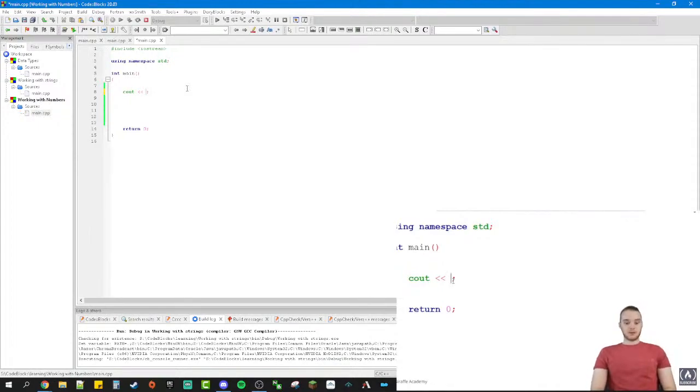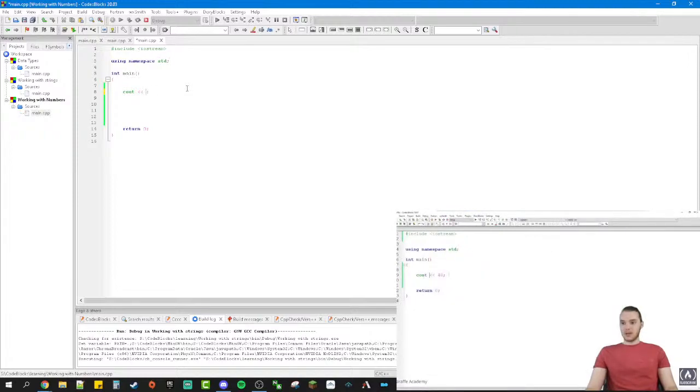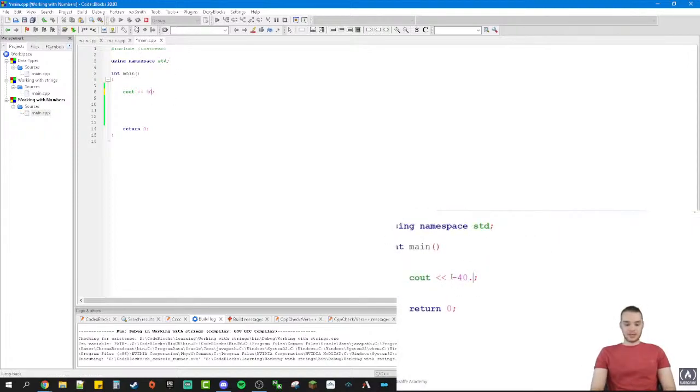But the basics of using numbers is you just type them out. So if I wanted to, for example, print out the number 40, you see I have a cout here, I can just type it in and we can print it out, we can work with it. In addition to positive numbers, we could use negative numbers. If I wanted, I can make this a decimal. So really, numbers are very simple. You just kind of type out the number. But we can